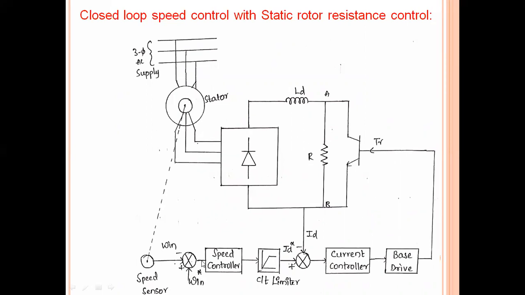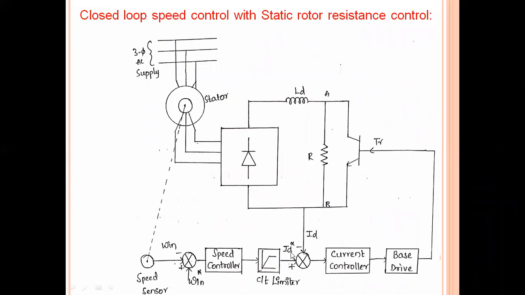A speed error is generated, and the speed error is given to the speed controller, which is a PI controller. The error is regulated by the speed controller and given to the current limiter or slip limiter, whatever you can say. This limiter will produce the reference DC current